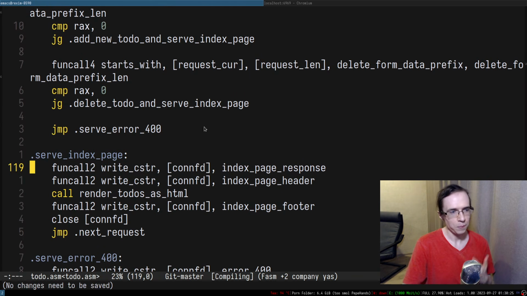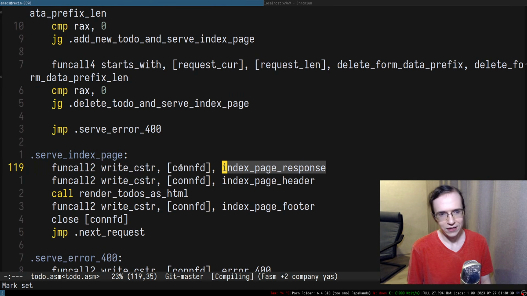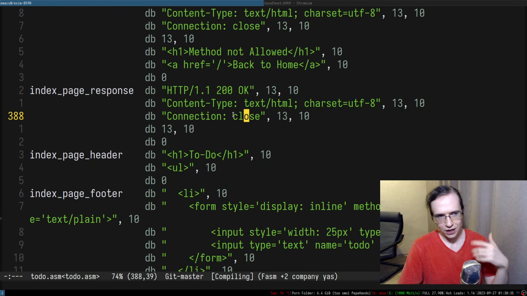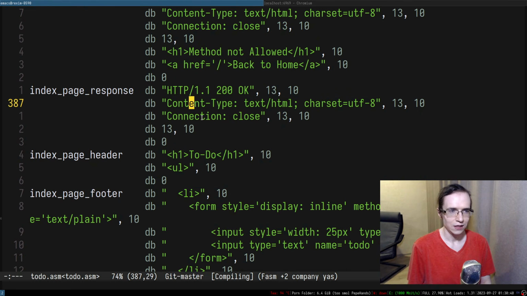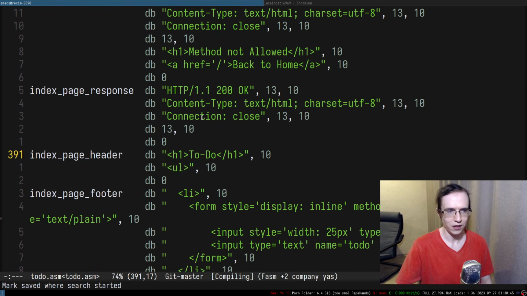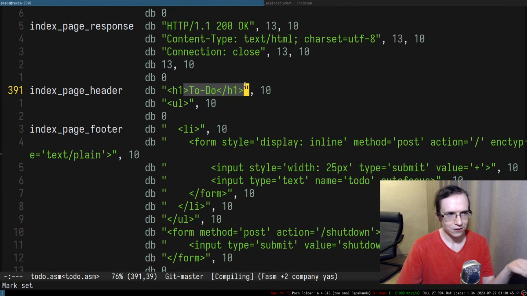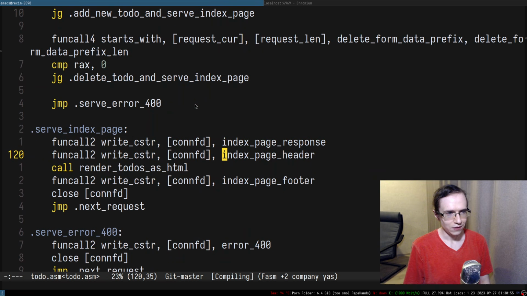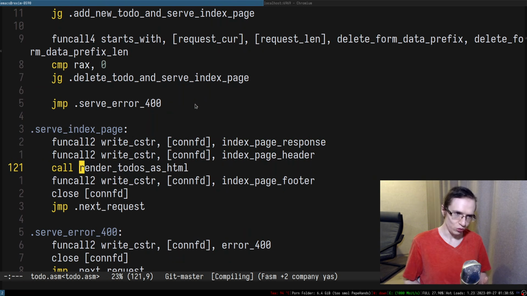Essentially the first chunk is the index page response, which is just the header of the HTTP response. We can take a look at this entire thing. It's basically the status, the content type, connection, and stuff like that. After that, we have the index page header. This is more of the HTML stuff, basically the title and the beginning of the bullet list and stuff like that. And then we just call a function, render to-dos as HTML,